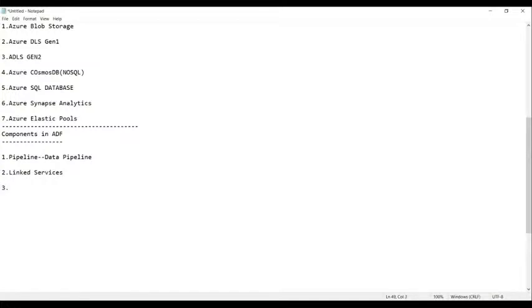The third one is called datasets. So pipeline, linked service, and datasets. And the next one we have is activities.